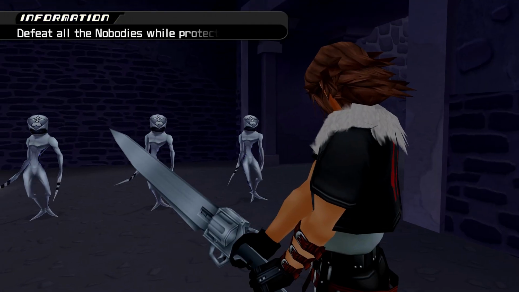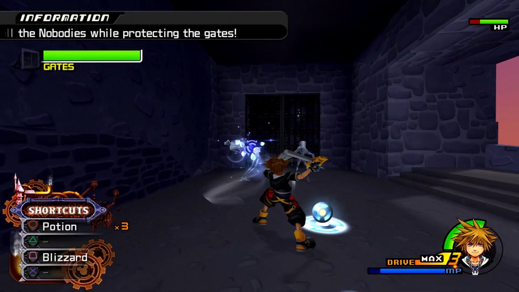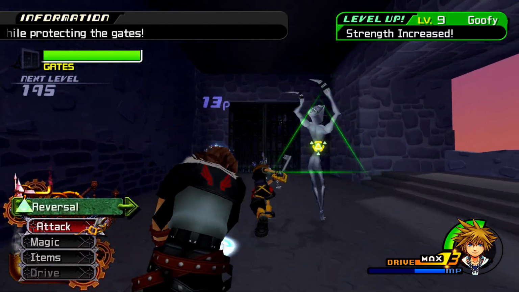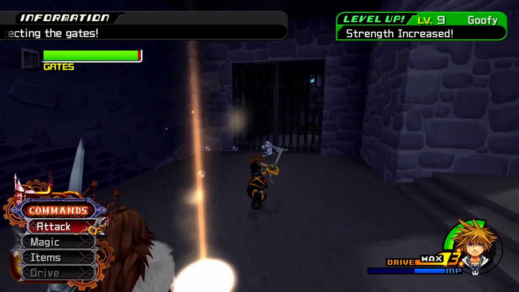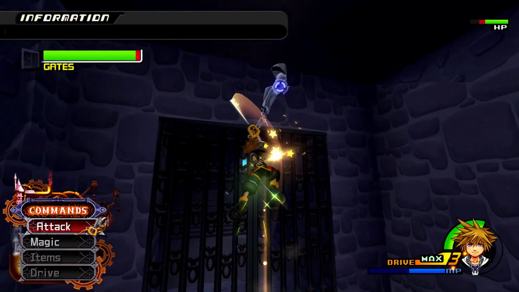Okay, so there's actually a reaction command in this fight where Leon gets knocked down and then you have to revive him. I've seen videos on YouTube of it, but I've never actually experienced it myself. Kind of don't think I'm going to experience it, because if I recall correctly, you kind of have to let the Nobodies beat Leon up quite a bit